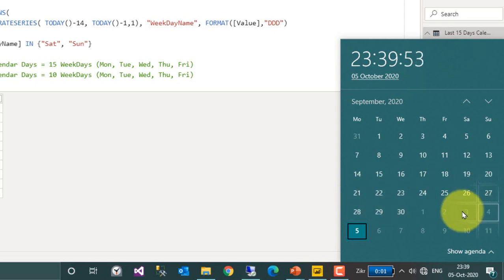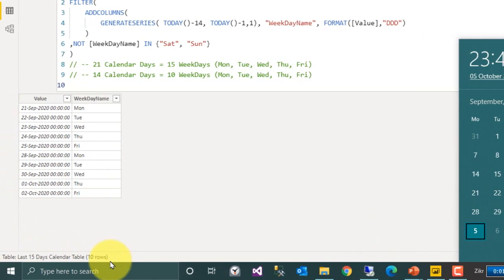If you look at this value, it gives this complete week and this complete week. It consists of 7 and 7, 14 days. If you exclude the Saturday and Sunday in these 2 weeks, that is minus 4, so 14 minus 4, it will come up to 10 values. So if you look at the records here, it is showing 10 rows.